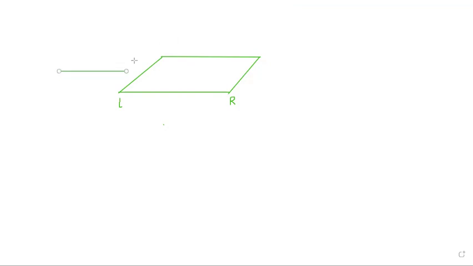So, your radiation is coming in that way. And we also have the magnetic field in this paper. The magnetic field is perpendicular into the paper, so that means our